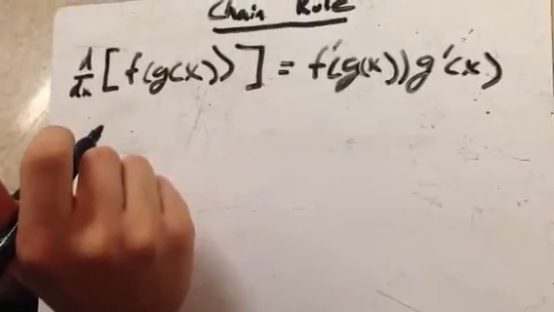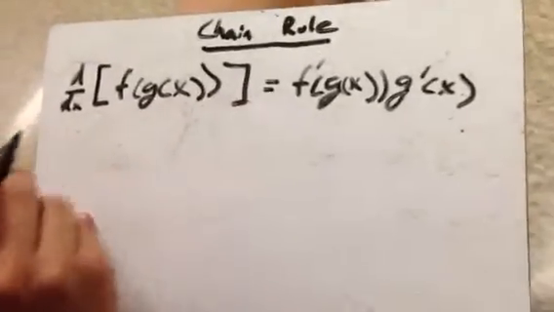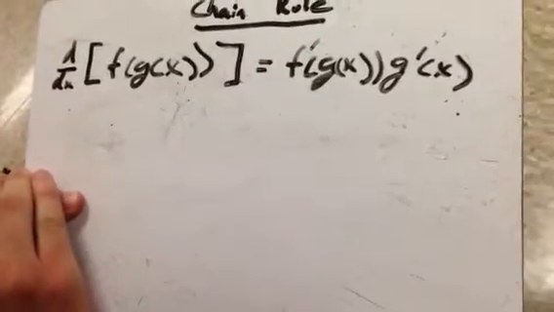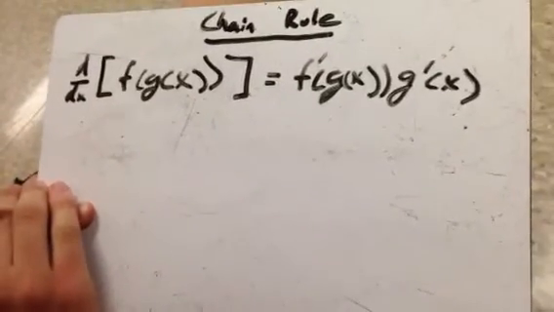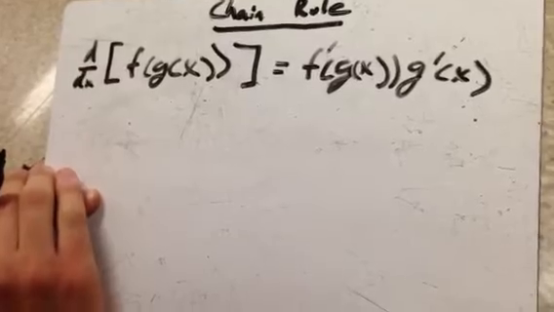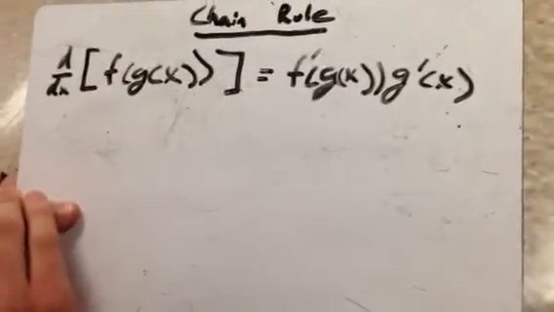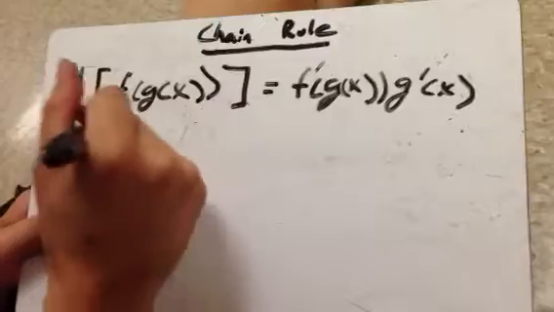So the chain rule is how you take the derivative of composite functions. So the big long formula is the derivative of f of g of x equals f prime of g of x times g prime of x. So what that means is if you have two functions like